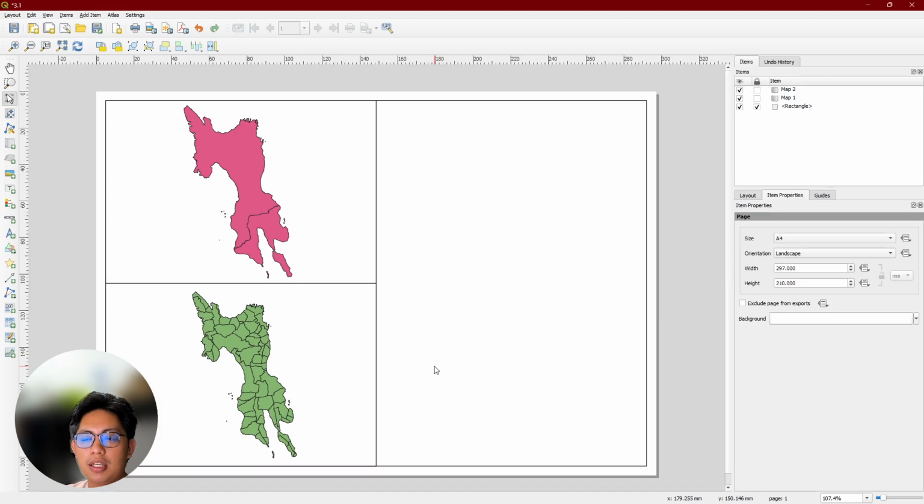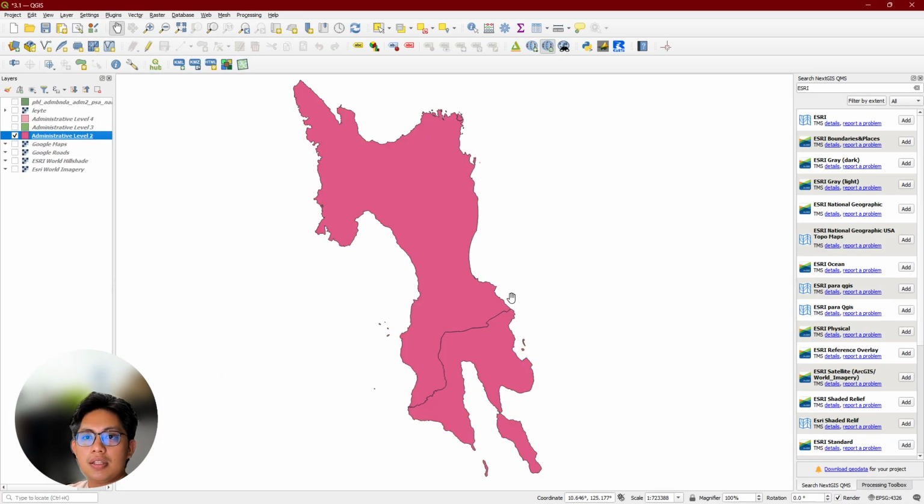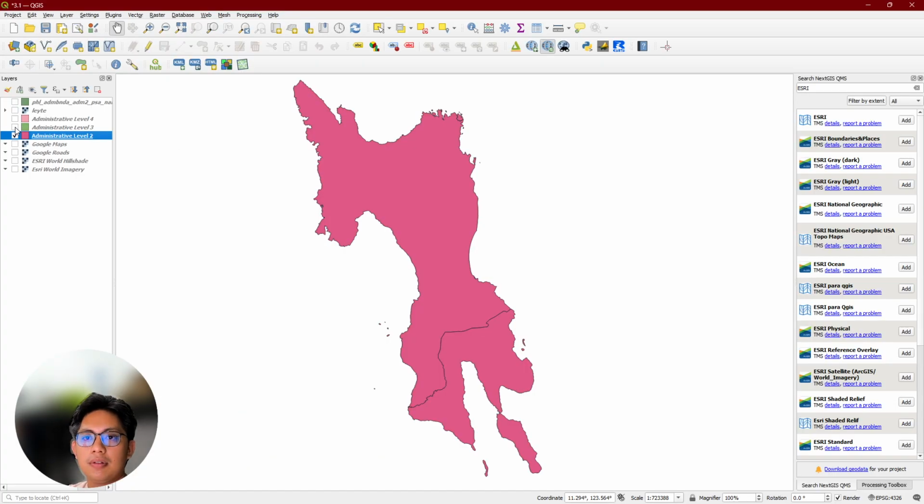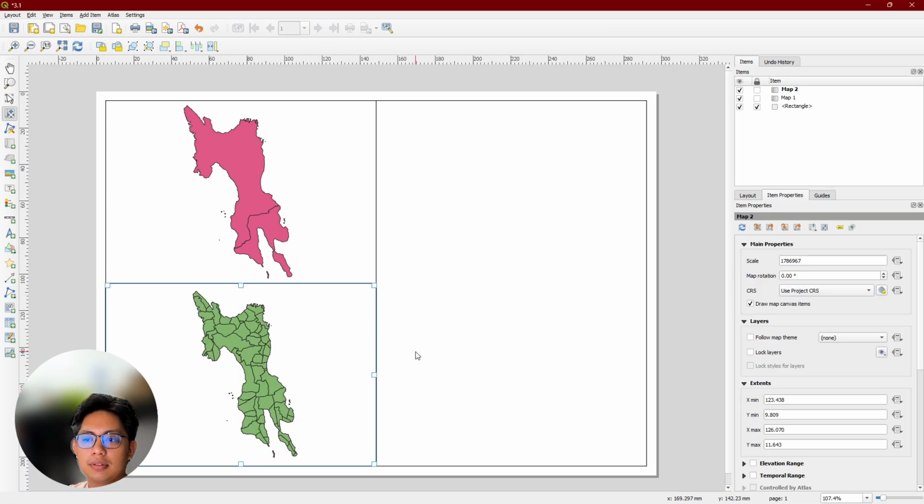Same thing applies here. If I make this only pink, and then I move this one, it will become pink. So lock that layer as well. But for your exercise, I want you to focus only on a barangay. Oh, no, sorry, not barangay.